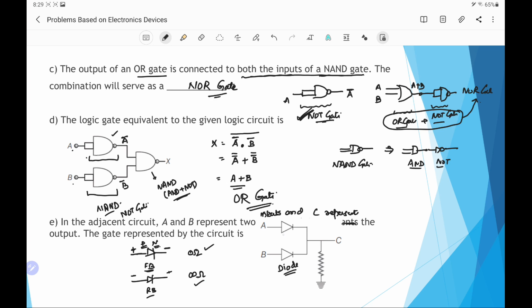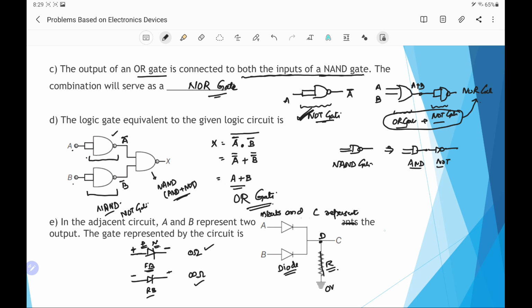Now we check the given circuit. Here A and B are the two inputs. These inputs are given to the diode P-type semiconductor, and the N-type sides are connected to the output with a resistance. Resistance is grounded. This is 0 volt. So if there is no current, then this 0 volt will extend to this point, say D, and if it conducts, then this D will be at a higher voltage.